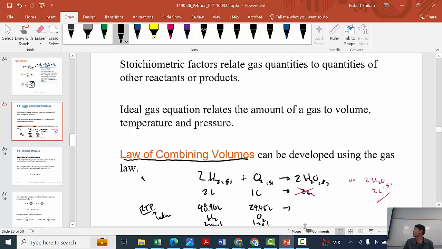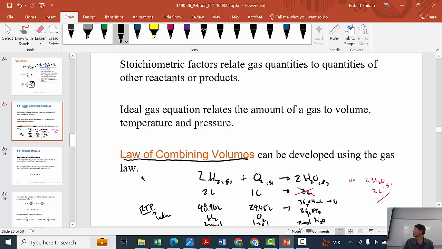And that's going to produce how many moles of water? This is going to produce 2 moles of H2O. 2 moles of H2O is 36 grams. No, H2O is 18.02, so 36.04 grams, which is going to give us 36.04 milliliters,